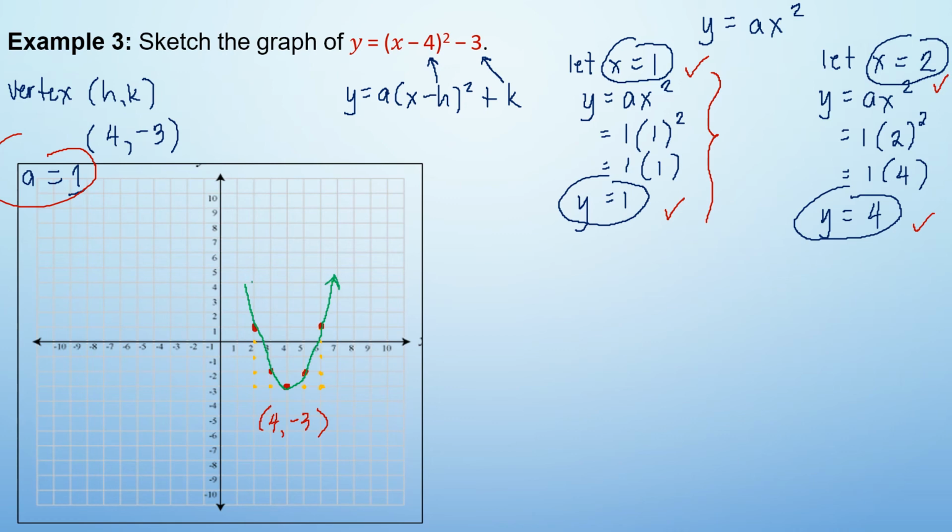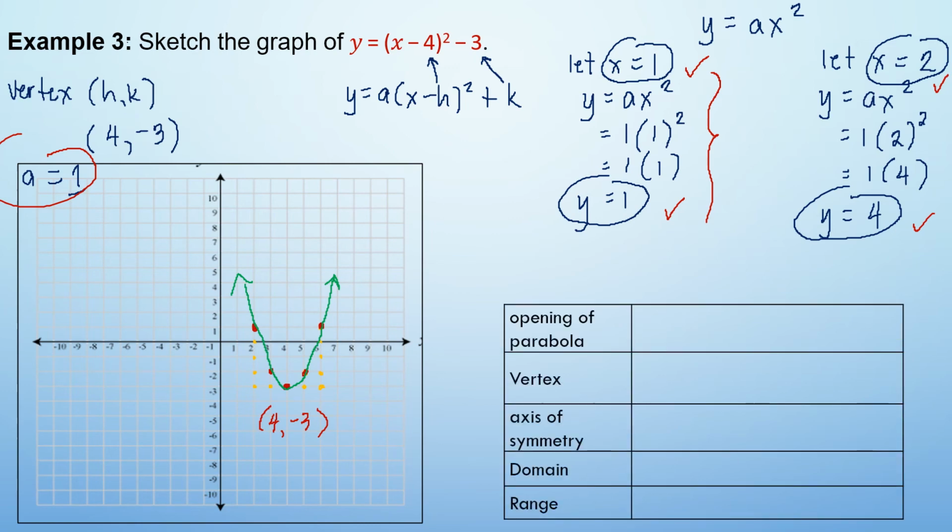So we now have our parabola of the function y is equal to quantity x minus 4 raised to the second power minus 3. With this, we can now identify the properties. So what is the opening of the parabola? The parabola opens upward since a is greater than 0, or a is equal to 1. The vertex is at point (4, -3). This is also the minimum point